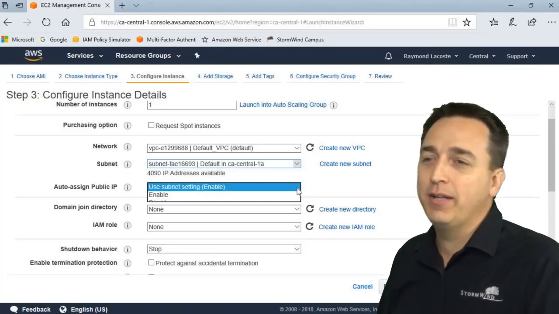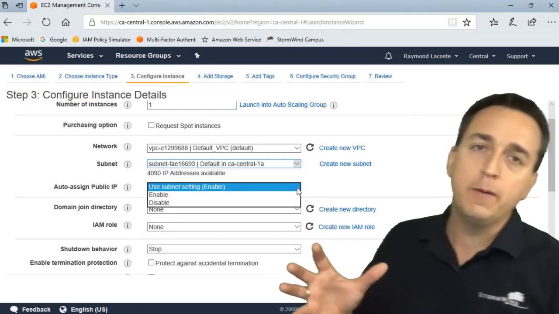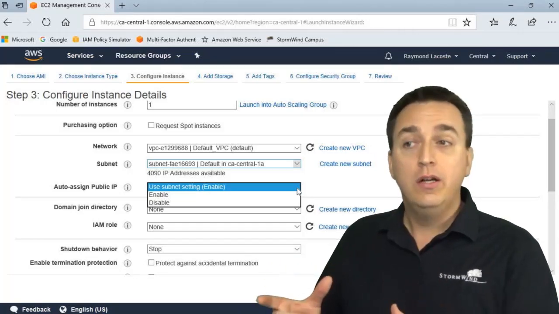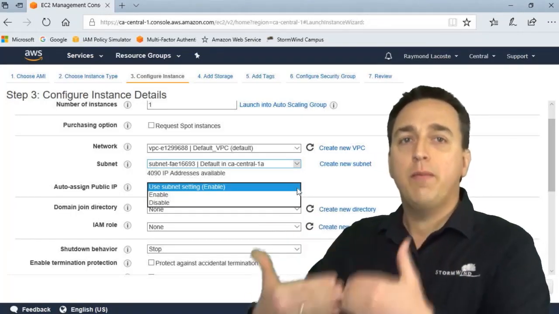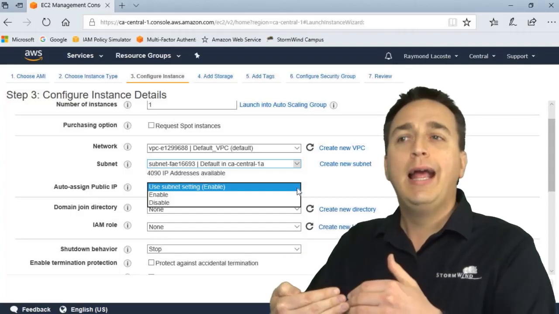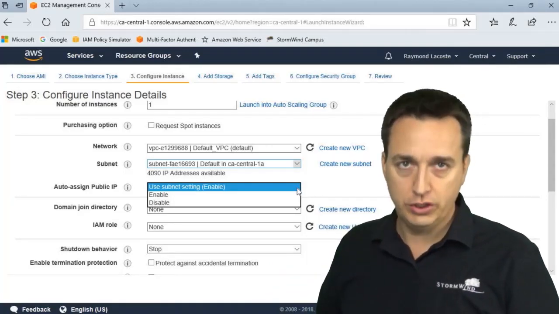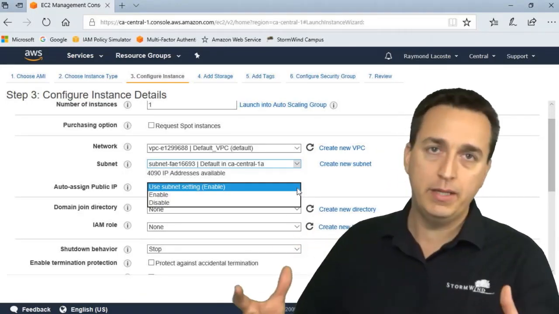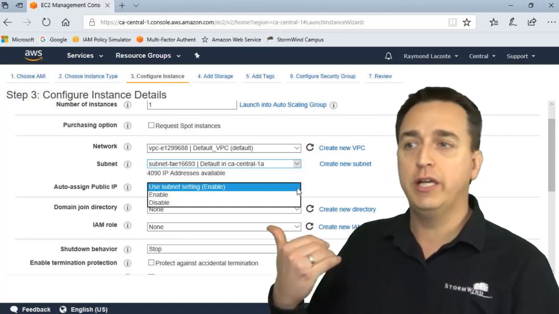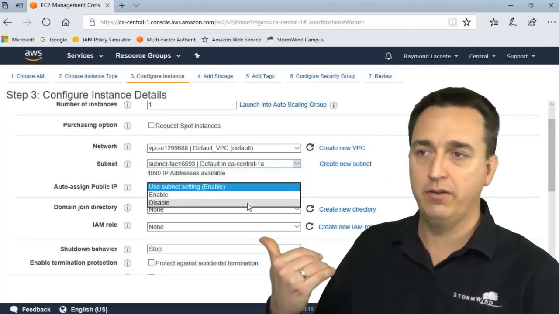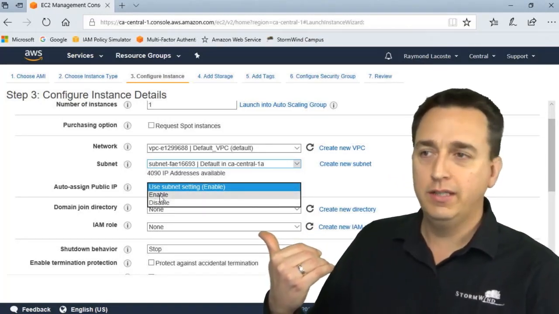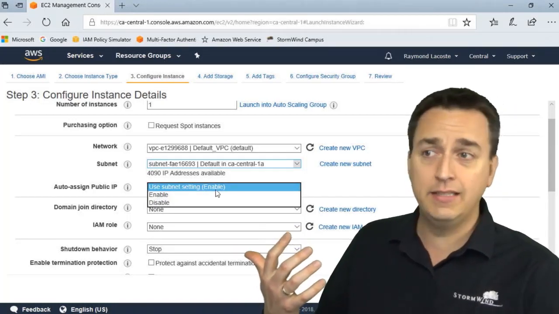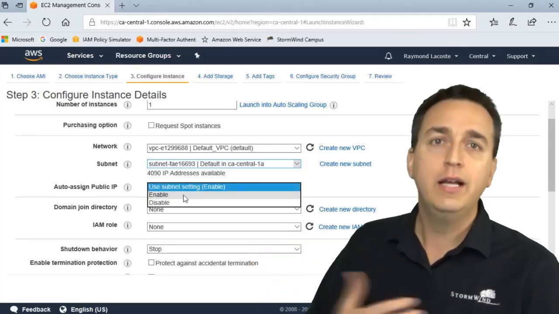Auto assign public IP address. So in this example here, we can use the subnet setting and it says it's enabled. What that means is that the subnet has been set up to hand out IP addresses to the servers. If it said disabled, it means that the subnet has not been set up for that. So then you can control it with either enable or disable down here. So if I click on enabled, it's the same thing as using the subnet setting right now because the subnet setting says enable. If the subnet setting said disabled, then if I choose enable, it tells